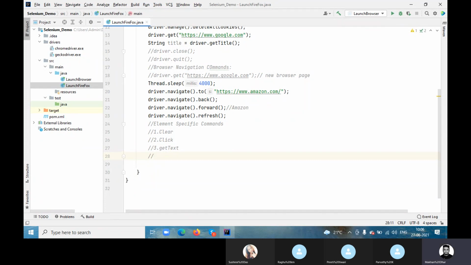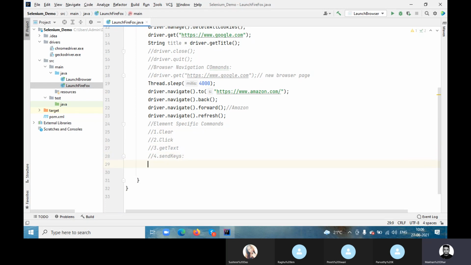Now something you want to enter, so this is another method called send keys. Anything you want to type or enter, or input, send keys is the method. So with the use of send keys we can enter the data. These are the most commonly used methods while doing automation.